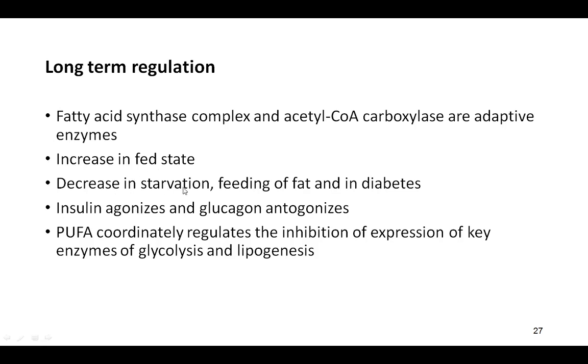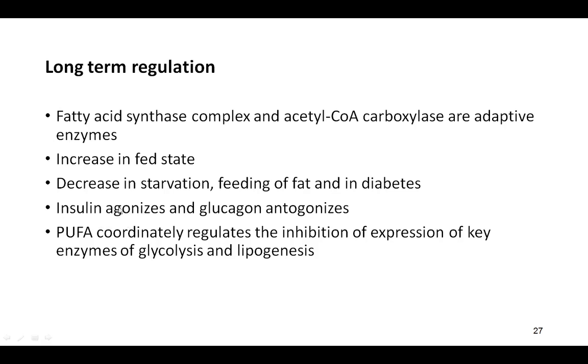Okay, it is decreased in starvation, because at that time fatty acid breakdown, lipolysis, will happen to give energy, right? So at that time more and more fatty acid cannot be utilized. Another reason why it cannot be utilized is that in the first step of the reaction, you have seen that fatty acid synthesis uses ATP in the formation of malonyl coenzyme A from acetyl coenzyme A. So at that time more and more ATP is required for energy, and it cannot be utilized by fatty acid biosynthesis.